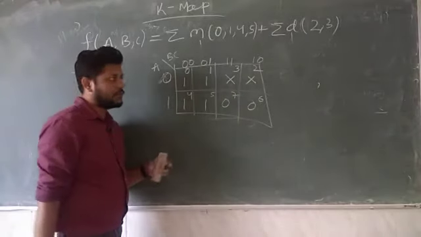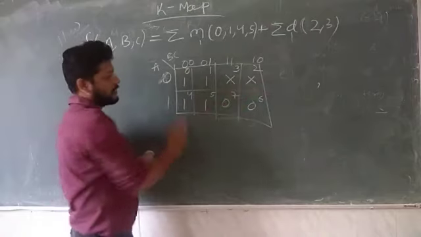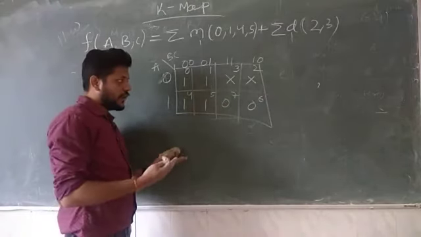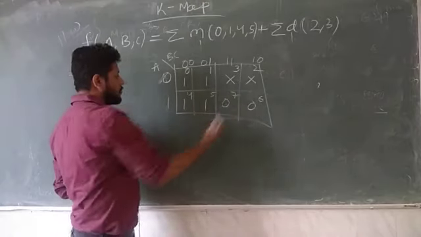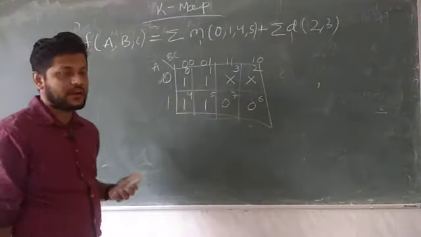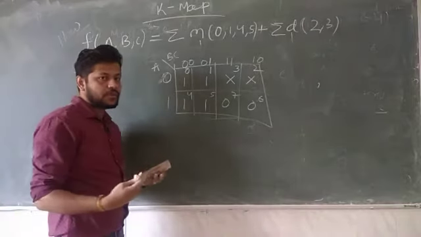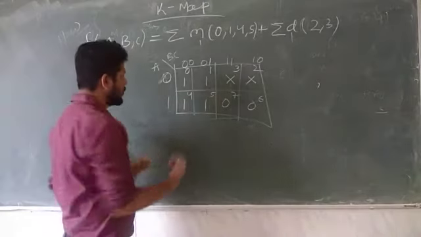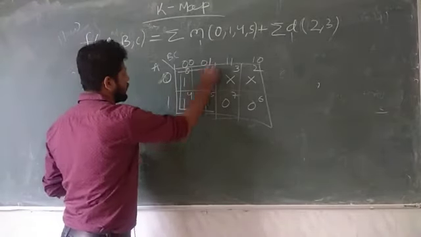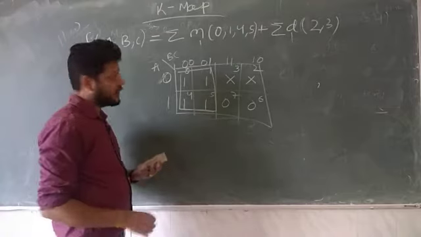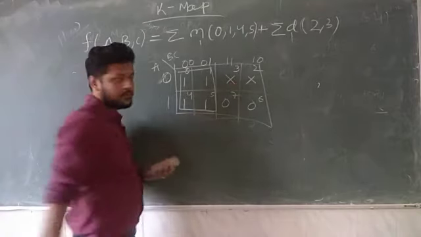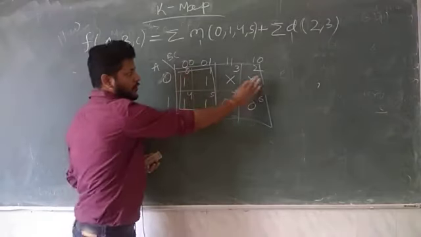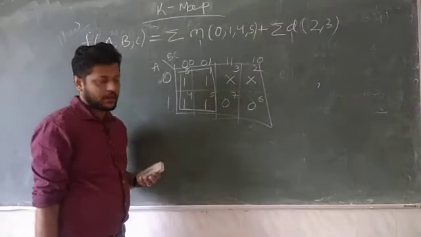First you need to see whether the 8-cell combination is possible or not. Since you can see here we have 2 zeros present, we cannot combine all the 8 cells at a time. So next we have to see whether a 4-cell combination is possible or not. Yes, this is possible. So we can say 1 1 cross cross. We can see the combination of all the ones is possible, so no need to touch this don't care.